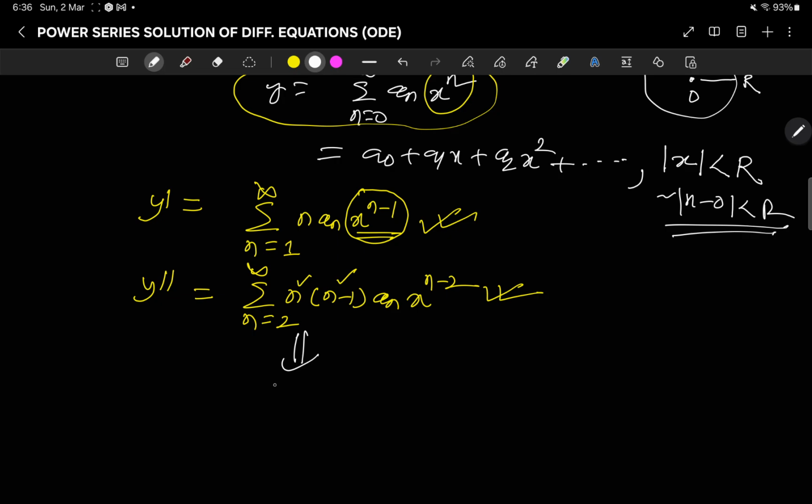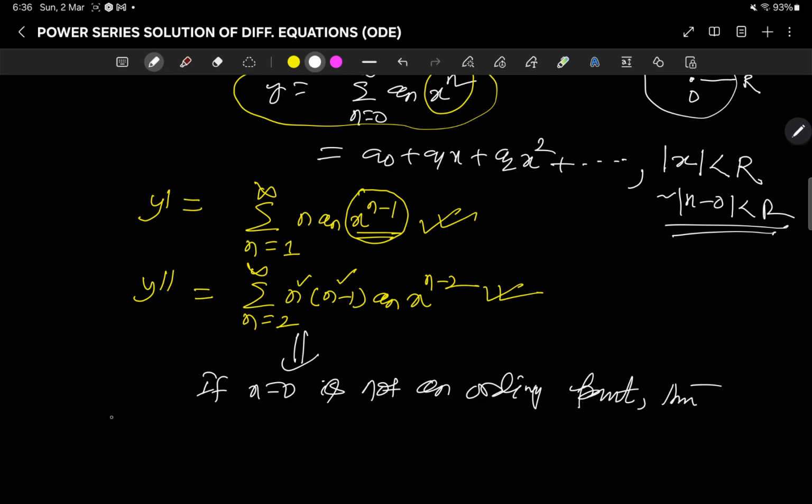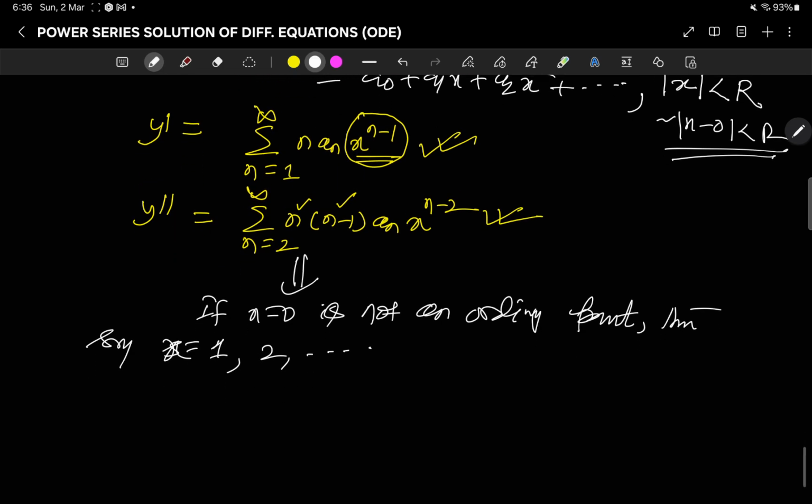If x is equal to 0 is not an ordinary point, then we try x is equal to 1, x is equal to 2. We try it. If x is equal to 1 is an ordinary point,